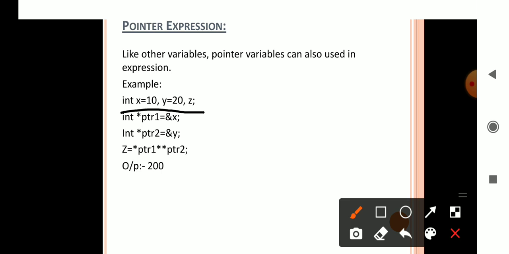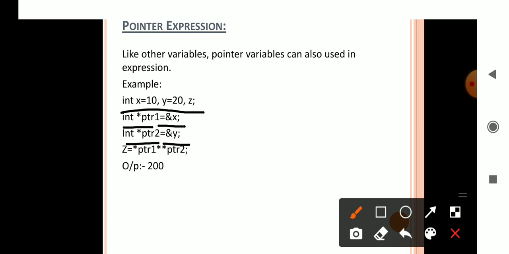Next I will take two pointer variables *ptr1, *ptr2. Both are integers. So I will initialize ptr1 to x, and y is assigned to pointer variable ptr2. So ptr1 contains the address of x, ptr2 contains the address of y.